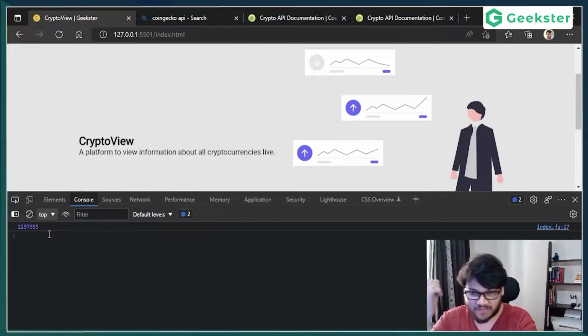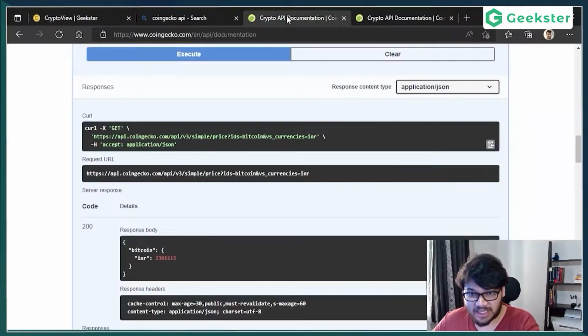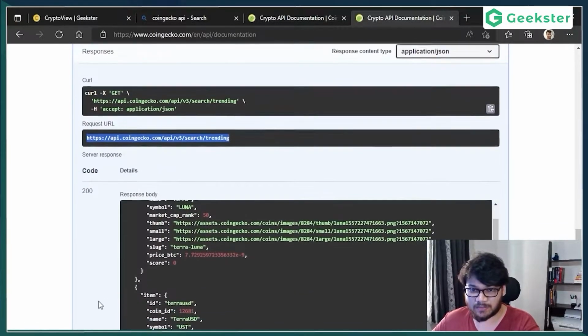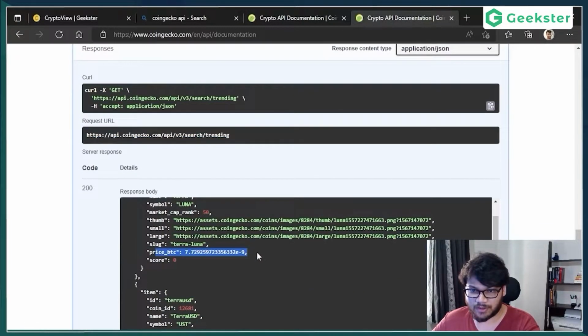Now, we have the conversion rate. The reason we needed this conversion rate was because all of this data is in Bitcoin. Remember, this price is in BTC. So we have to convert it into INR. To convert, we just multiply with this conversion rate, which we already have now. So now, once the data of my Bitcoin conversion is loaded,